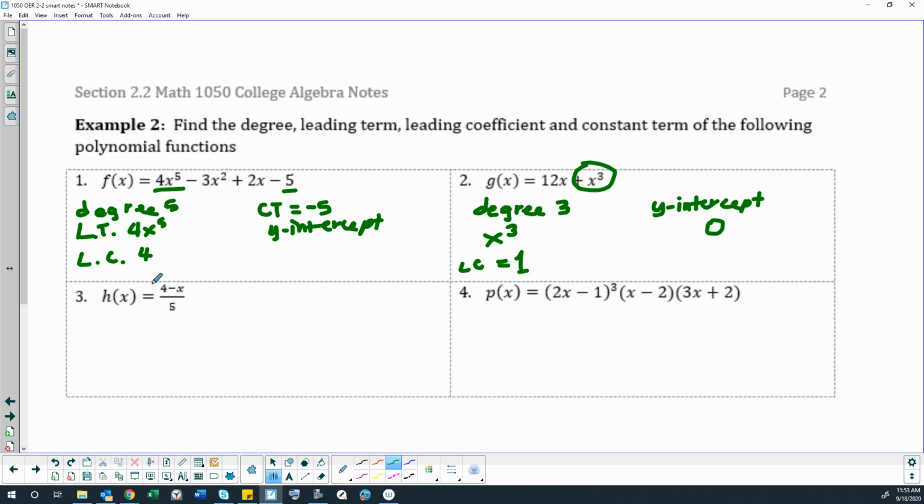Okay, this one looks a little sketchy because of the fraction. But don't be afraid, just rewrite it. So just to keep this in general form, I'm going to rewrite it here. I'm just going to change